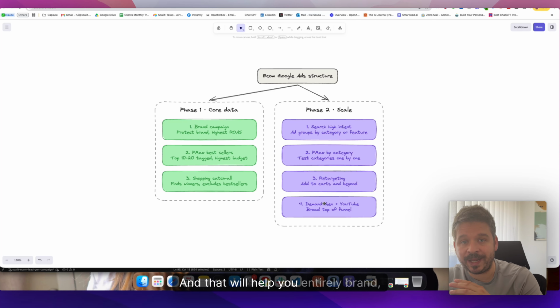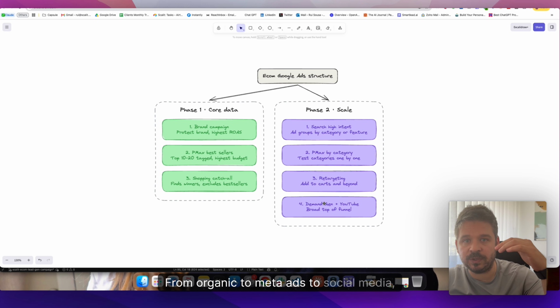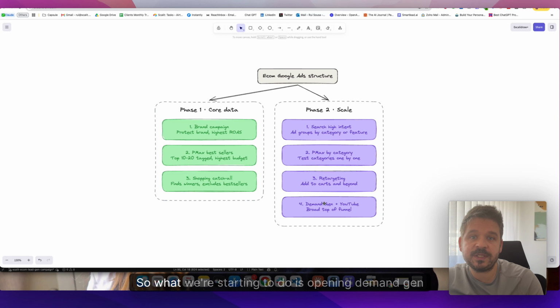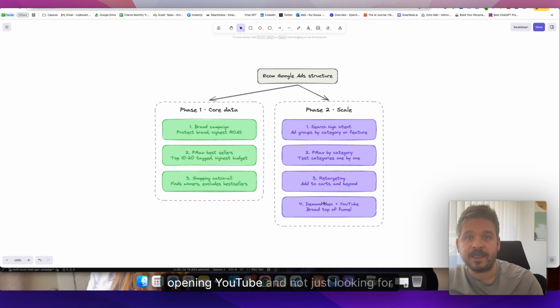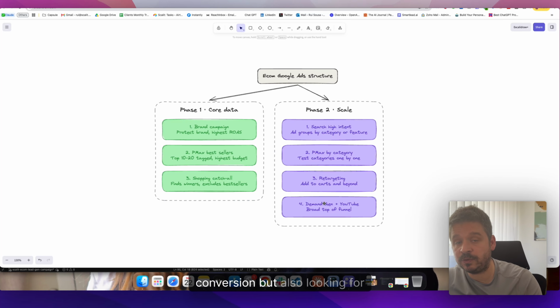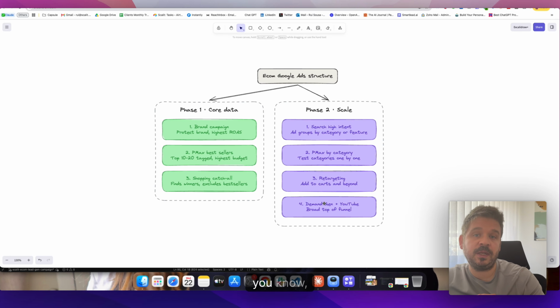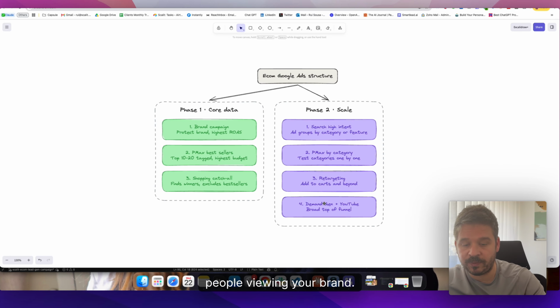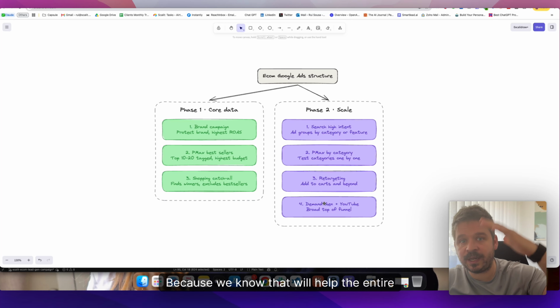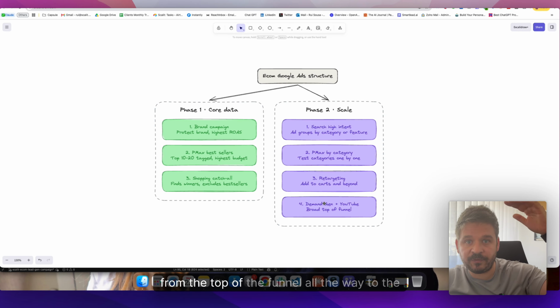And that will help you entirely brand, right? From organic to meta ads to social media, whatever it is. So what we're starting to do is opening demand gen, opening YouTube, and not just looking for conversion, but also looking for impressions, clicks, people viewing your brand. Why? Because we know that will help the entire structure from the top of the funnel all the way to